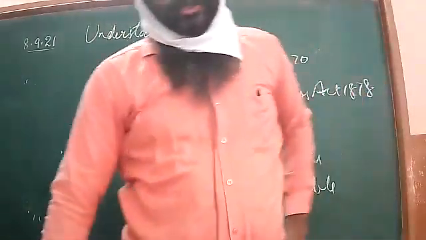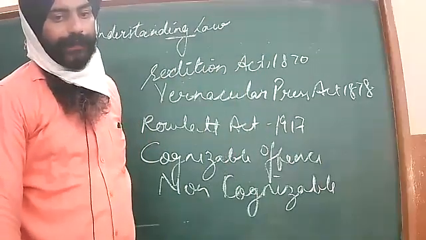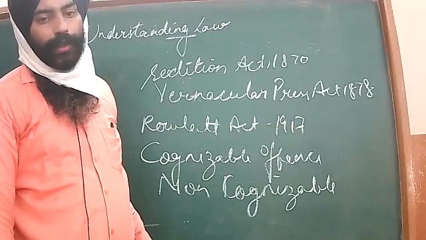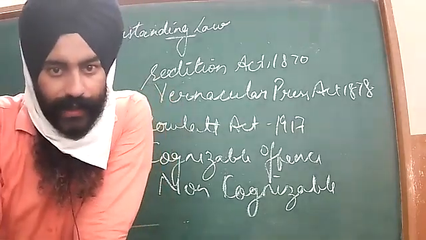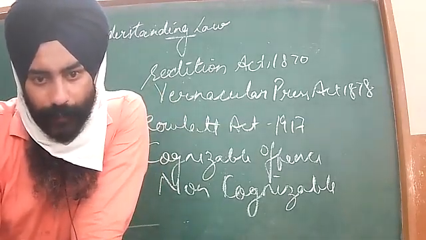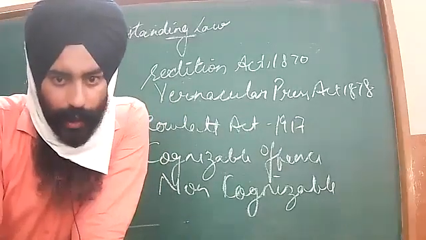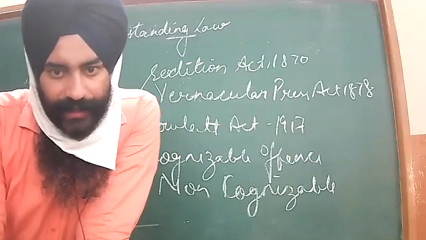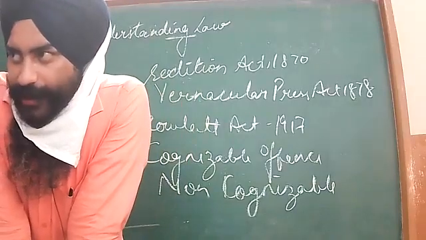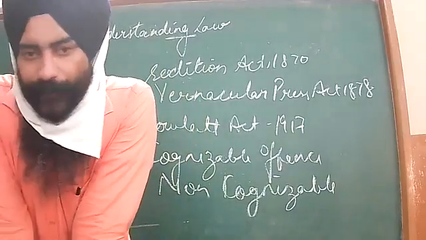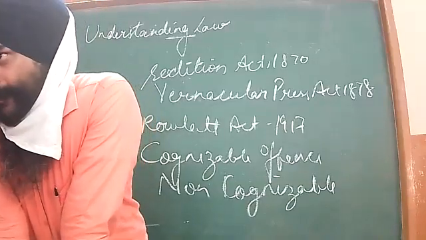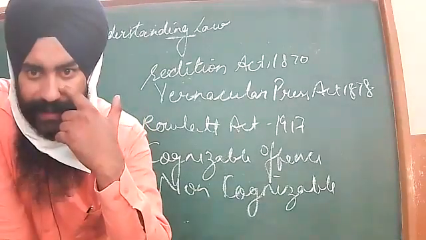Clear? So during the British age, offense meant when a person breaks a law. A person who has not followed the law commits an offense. For example, there is a child whose age is 15 years old. You are in 8th standard, 14 years. If a child of 14 or 15 years old drives a two-wheeler, they are committing an offense. According to the law structure in India, this is an offense.